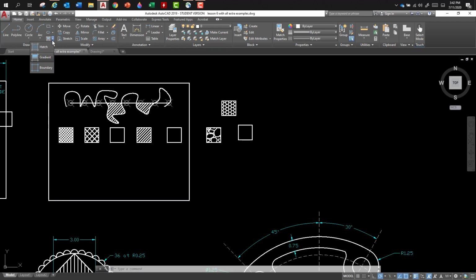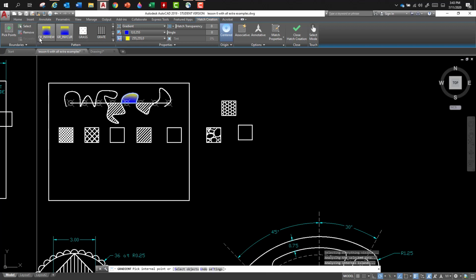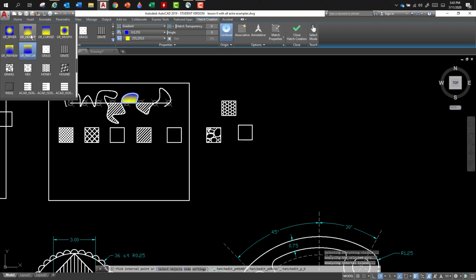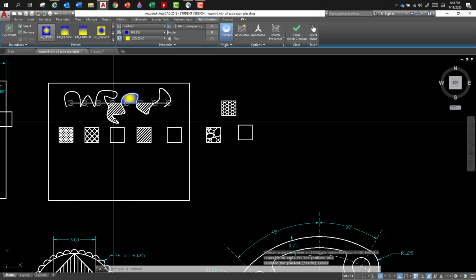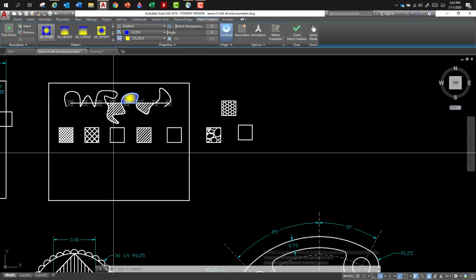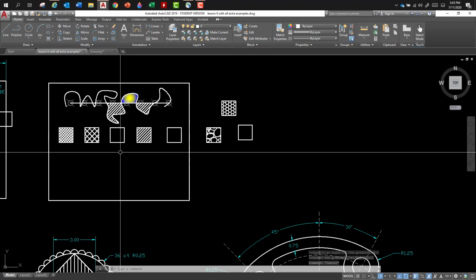You can go in here. Maybe we want to do a gradient again. You can do a gradient inside of there, and then just play with it by dropping that down. And we're going to play with that. So we can do all sorts of things. Gradients I don't use very often, but they're just cool to work with. So play with some gradients, but the hatches are what we're going to use a lot when we get into